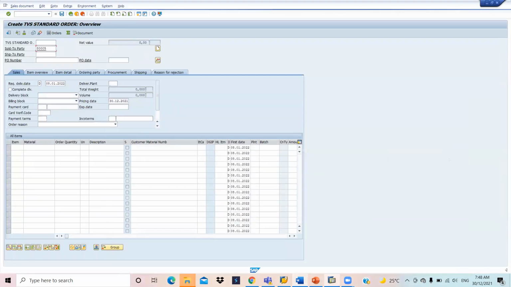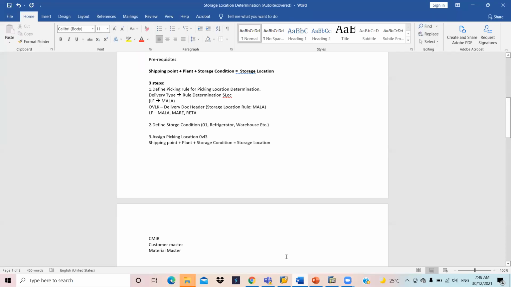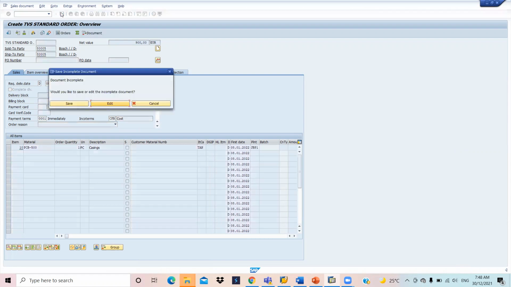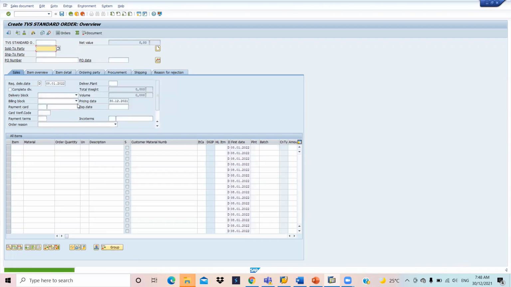Okay, PCB 500, my ordered quantity is 1. Okay, I'm just saving it. So 17611 is my document number.